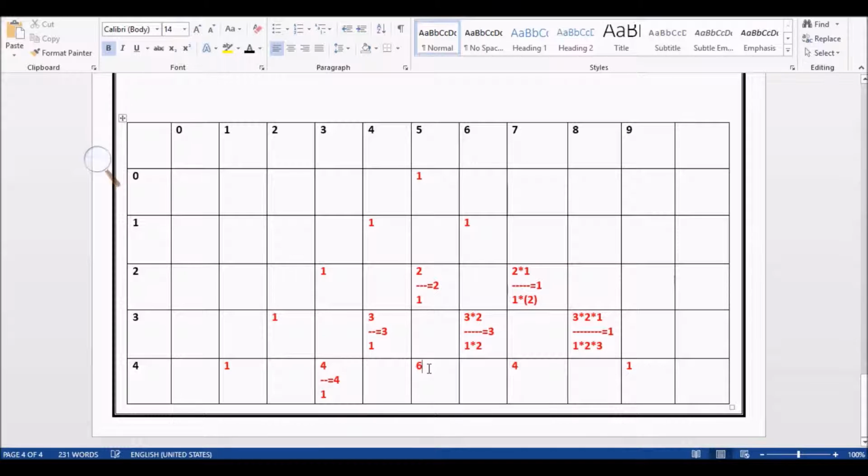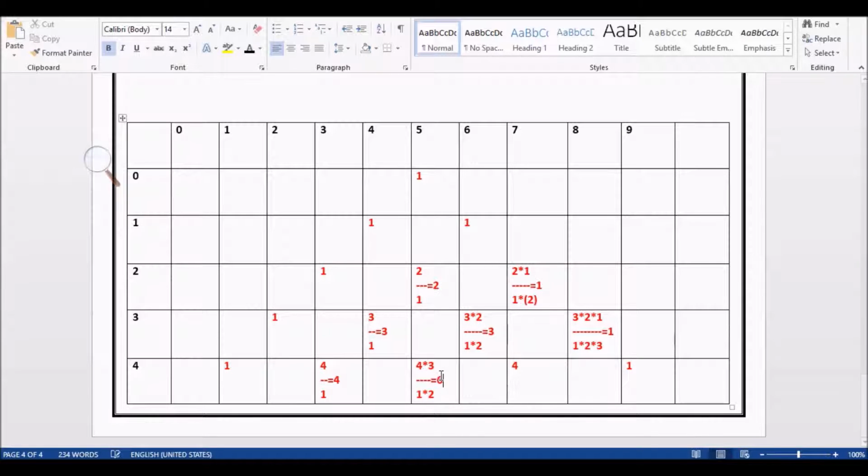And for the next value, what we are going to do: we take 4 and decrement it by 1, and in the denominator we take 1, the previous value, and increment it by 1, that is 2. So what is the total value here?